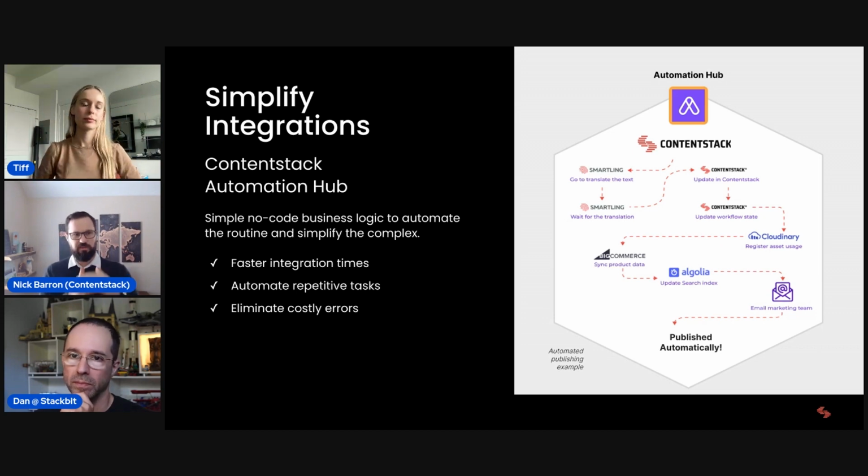Tell a marketer they need to enrich this data. Go and send a Slack notification to this team once it's done and say, hey, this is published, right? Go sell this new product or whatever it might be. And all the while, a bunch of translated versions of that are automatically getting published on the front end. It's these sorts of things that really break down those barriers between different teams, different departments, different divisions by making that experience seamless. So you don't have to send a Teams, Slack, Skype, AOL Instant Messenger, whatever it happens to be, over to someone and say, hey, can you go do your job, right?